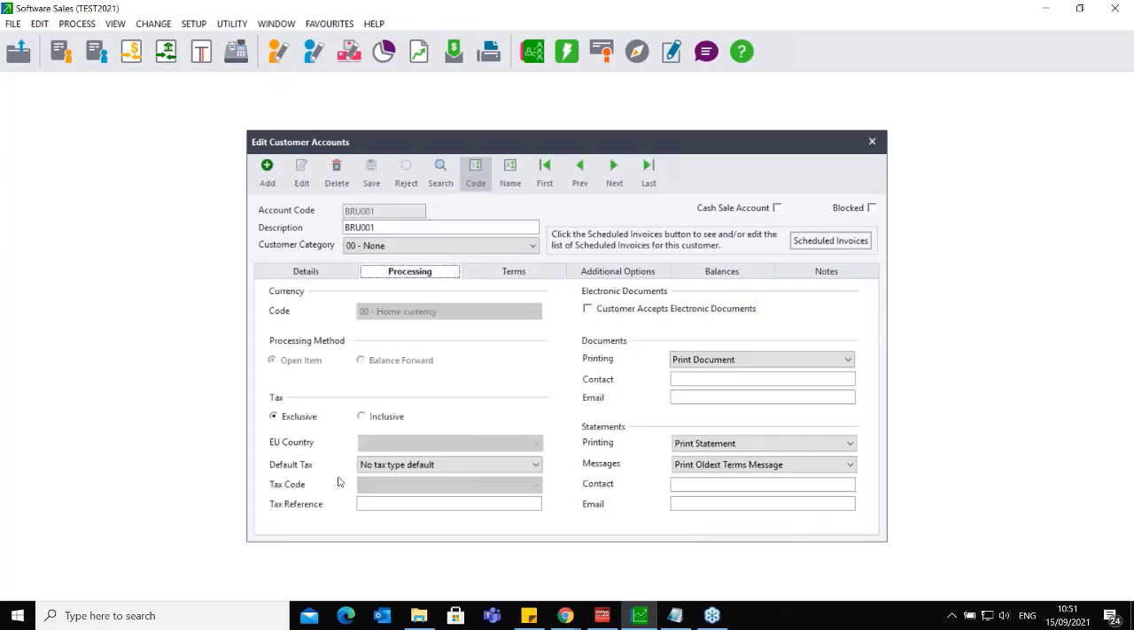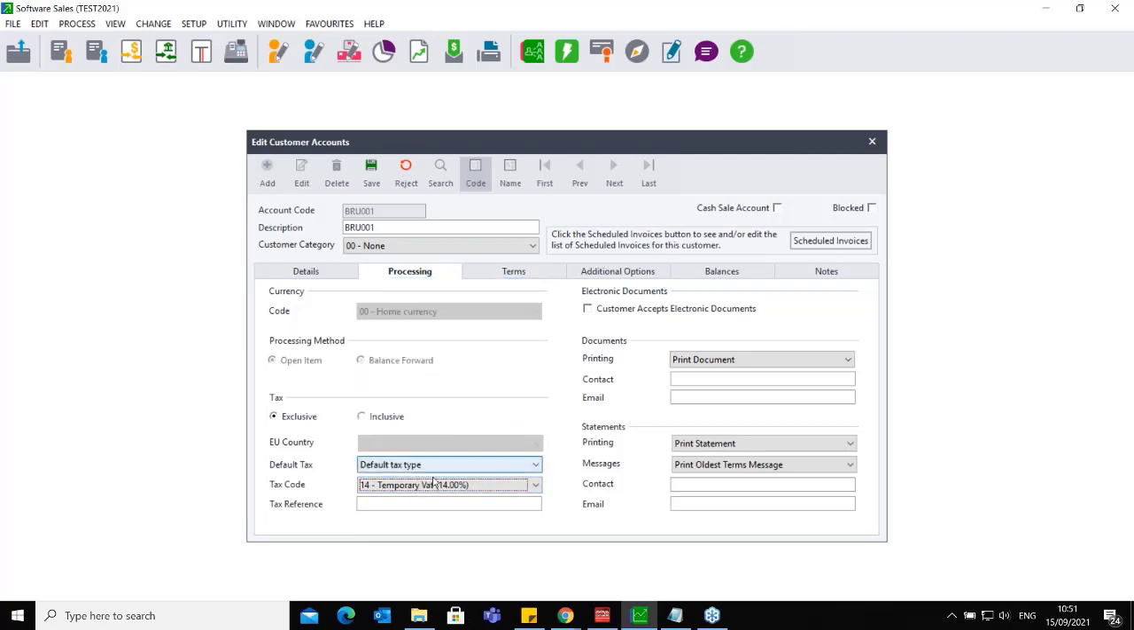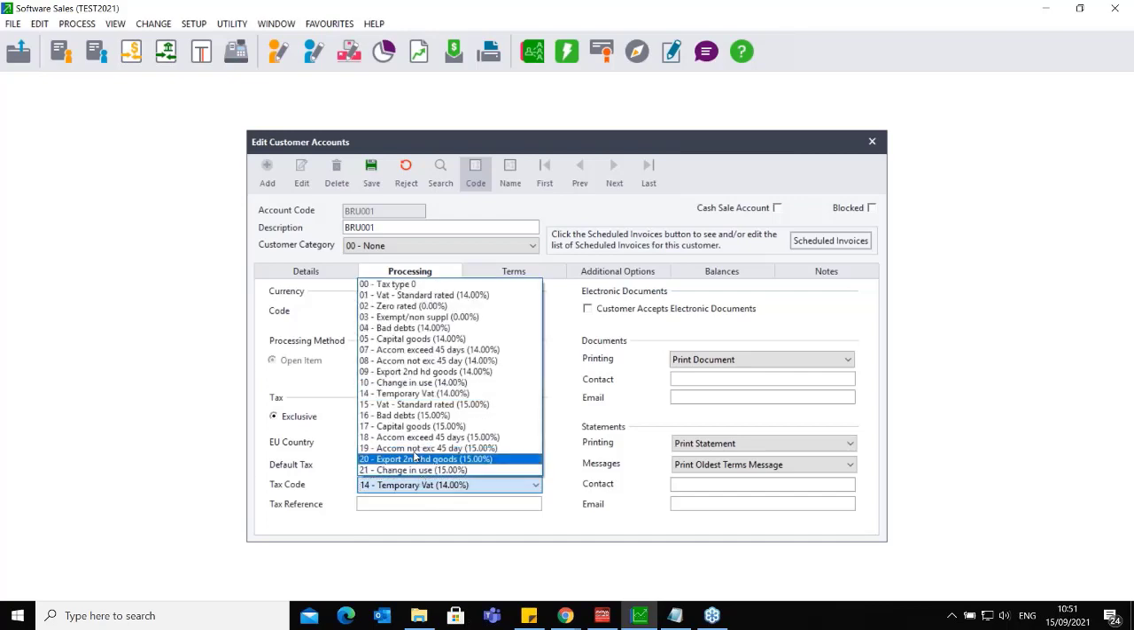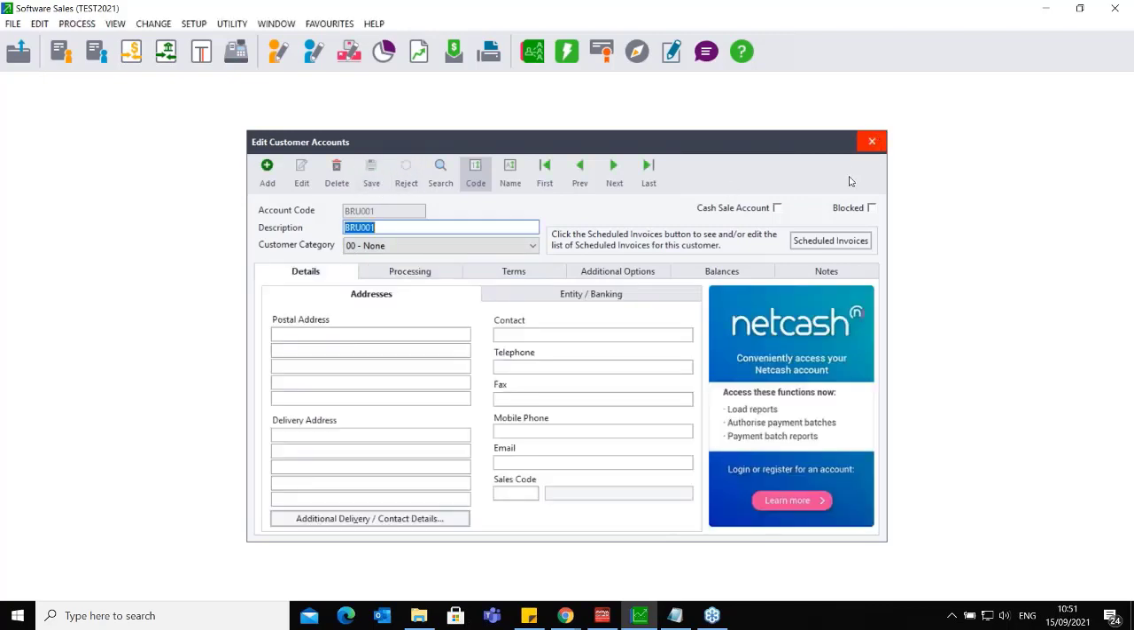And then in your customer accounts, if you've got a default tax type set up on your account. So let's say, for example, I had 14% set up here. Going into each and every customer account or each and every general ledger account and changing the default tax from 14% to 15% will take me forever, especially if I've got a big company. So instead of doing that, what you can do,